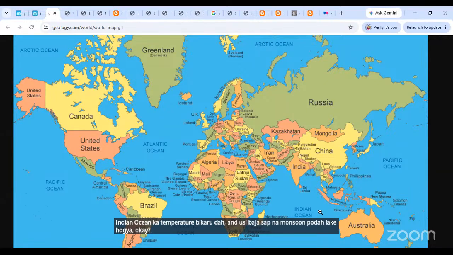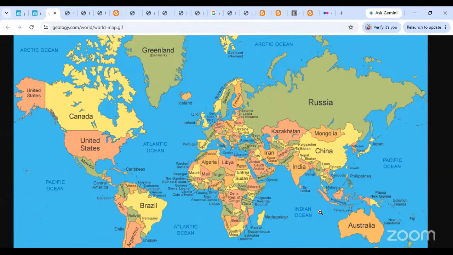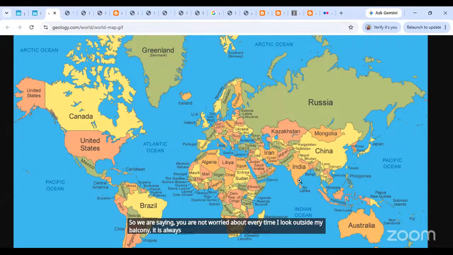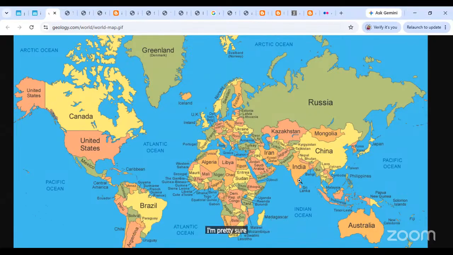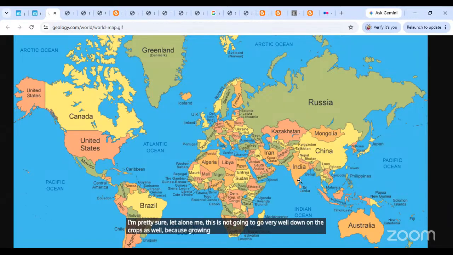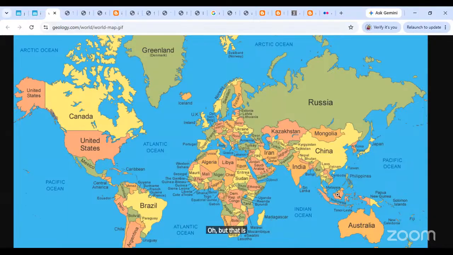ओके, एंड अभी तो भरोसा नहीं हो रहा है हमको कि किस तरह का मानसून आ रहा है, राइट? एवरी टाइम आई लुक आउटसाइड माय बालकनी, it is always raining। रात को देखो, दिन में देखो, कभी भी देखो बारिश ही हो रही है। एंड I'm like okay I understand but I'm pretty sure, let alone me, this is not going to go very well down on the crops as well, बिकॉज ग्रोइंग सीजन में इतना सारा पानी उसके ऊपर बकेट बकेट डाल देंगे। बट दैट इज, अब क्या, गवर्नमेंट देखे अपना जैसे करना है वैसे।